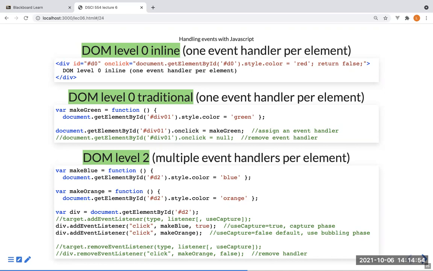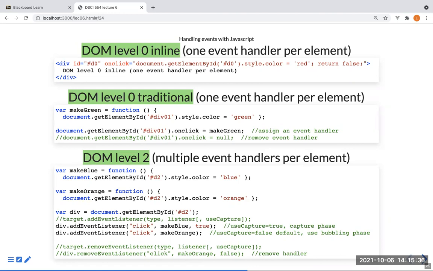So here what we're doing is defining a callback function, and that is going to be the event handler. And then we set up the on-click event after we can reference with the JavaScript the element. Now you can see that this is a little bit more flexible because this is visible in code. And that's something that would work for us. Level 2 is basically an extension of that, where instead